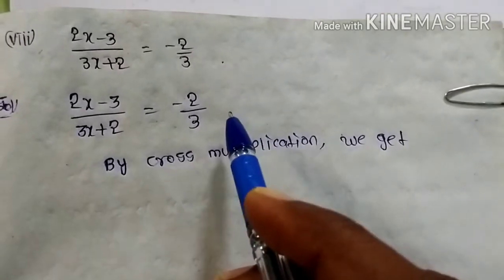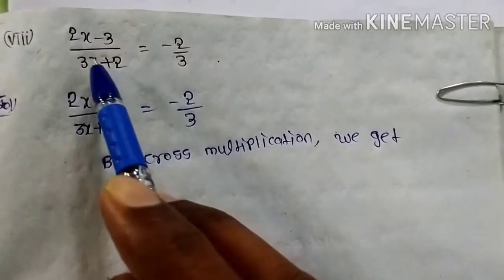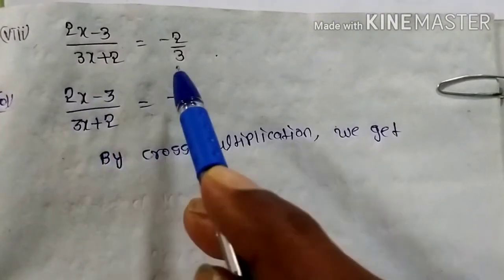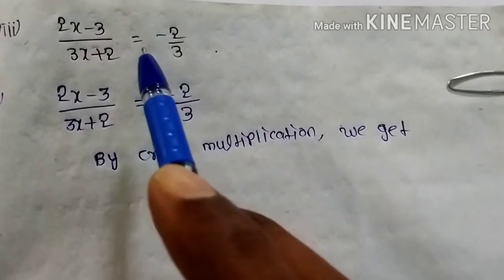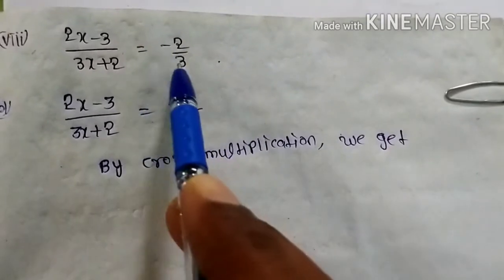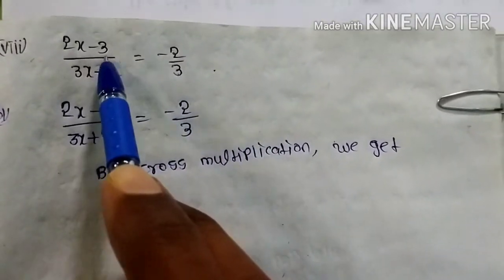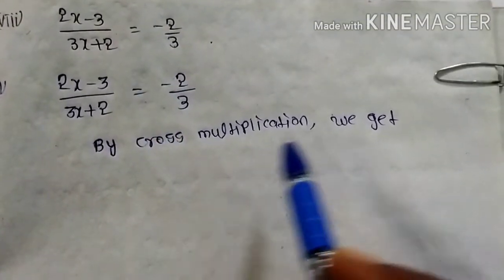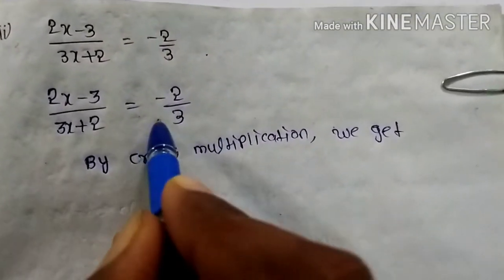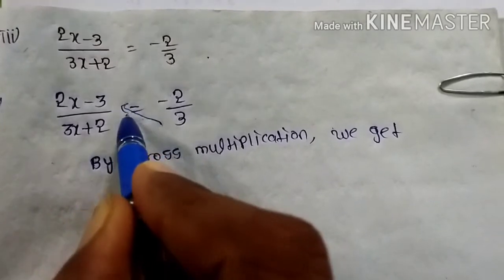Now you can see here one more question. Solve the equation (2x minus 3) by (3x plus 2) is equal to minus 2 by 3. Whenever this kind of problem is given, first you can do cross multiplication. That means you can multiply 3 into 2x minus 3 and minus 2 into 3x plus 2. By cross multiplication we get,